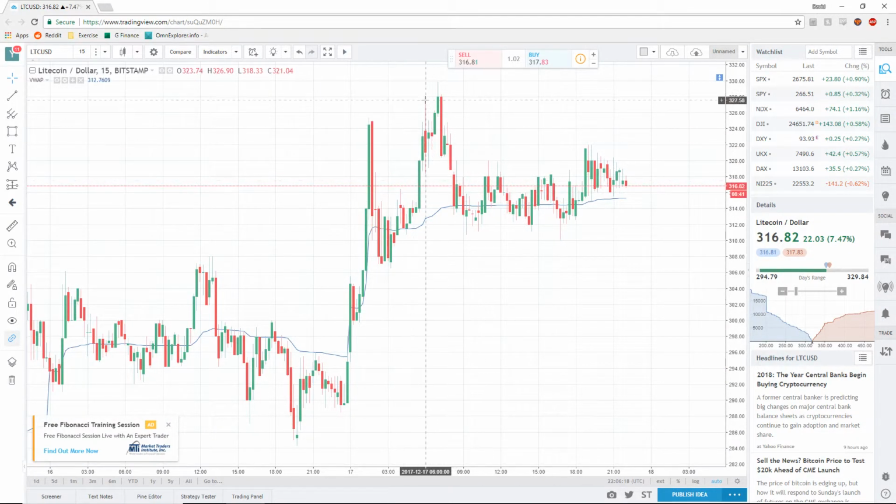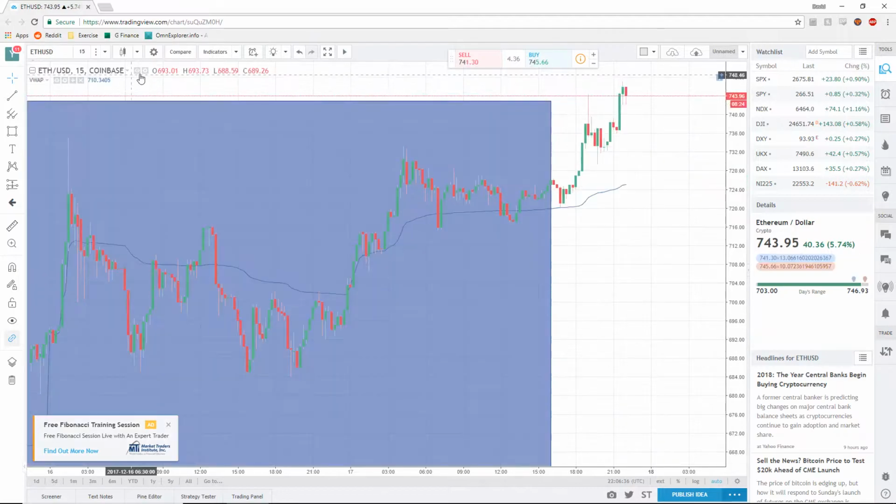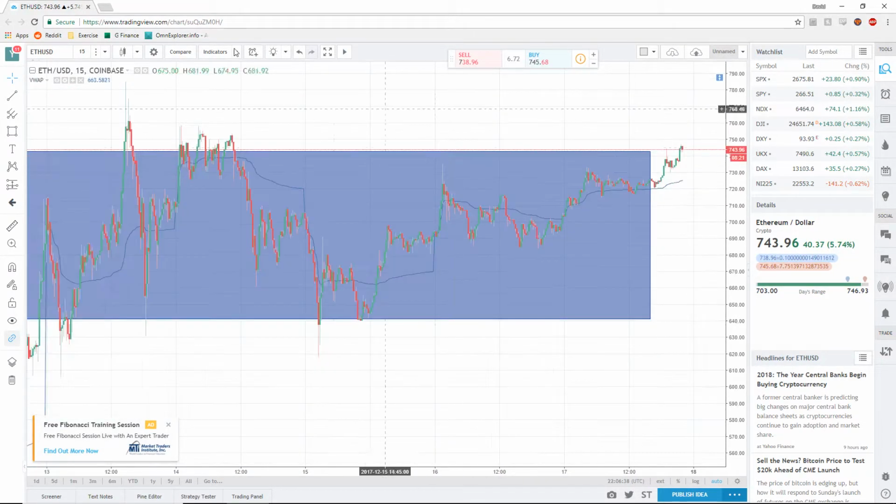All right, so we have a good consolidation for Litecoin right here. On the smaller time frame, consolidation. On the higher time frame, we're just waiting to see when it's going to go up again. Here on Ethereum,